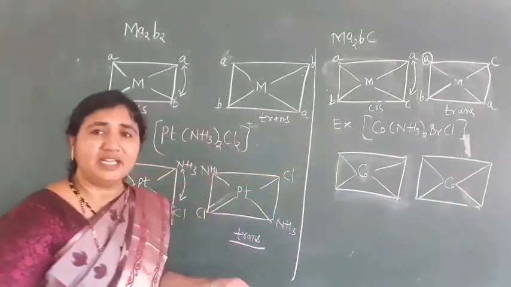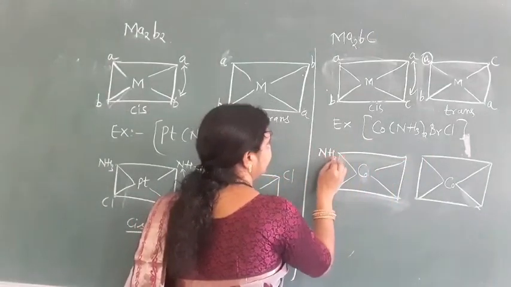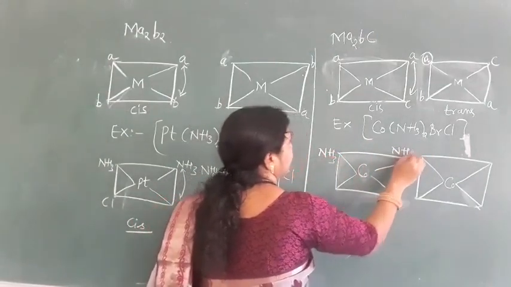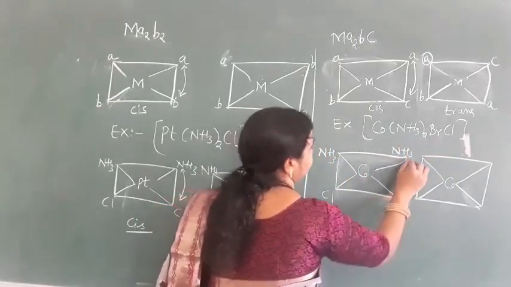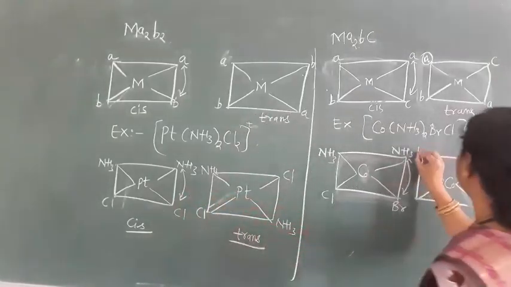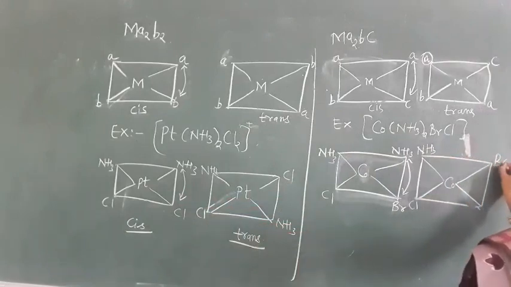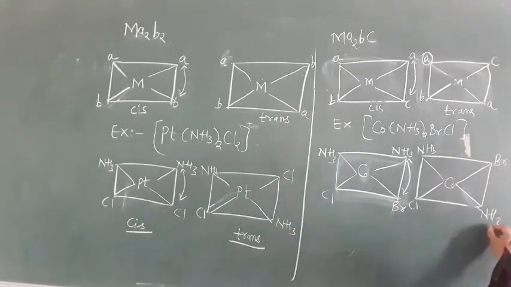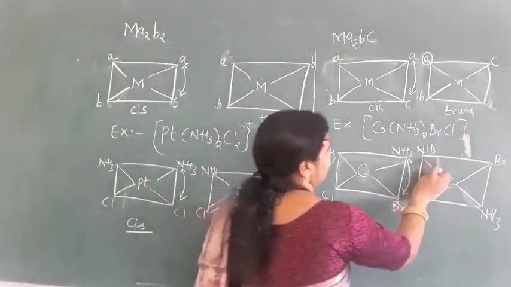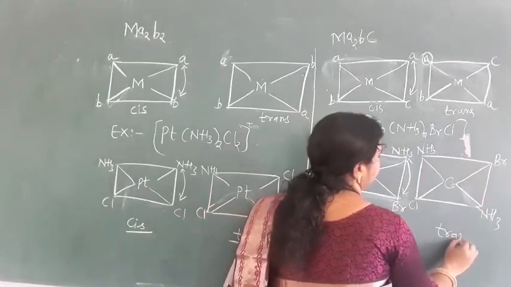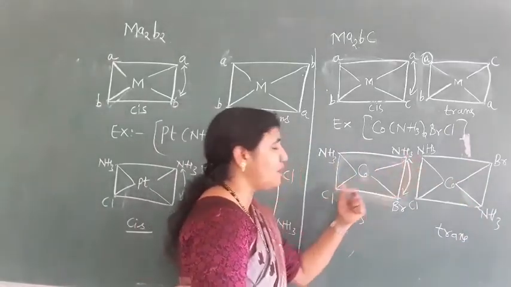Okay. And an example, see here: Co, NH3 taken twice, BrCl it is. So first write down these two similar ligands here, that is NH3, NH3, in cis position. And next we have what here? Br and Cl. Exchange their position. What will we get here? This NH3 and Cl same only, and here we have Br and NH3. So with respect to NH3, it is cis form, and with respect to NH3 it is what? Trans form. Because these two NH3 are opposite to each other here, and these two Cl and Br are opposite to each other.